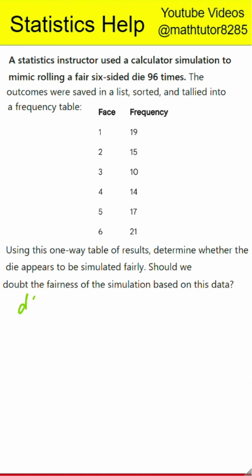Step 5. Determine degrees of freedom and p-value. The degrees of freedom is equal to the number of categories minus 1, which is 6 minus 1, giving us 5 degrees of freedom. Using a calculator or chi-square distribution table, we find that a chi-square statistic of